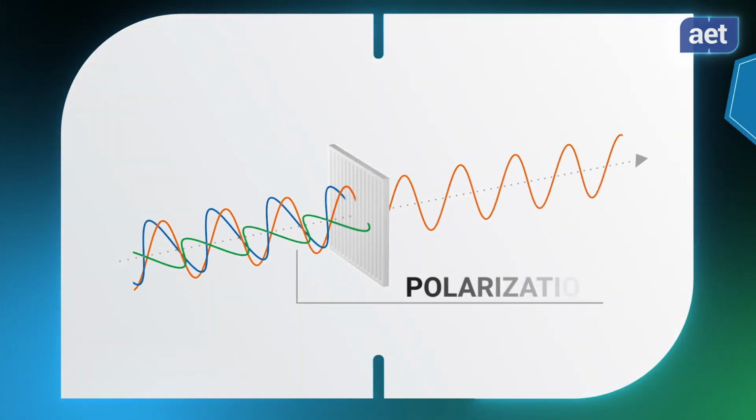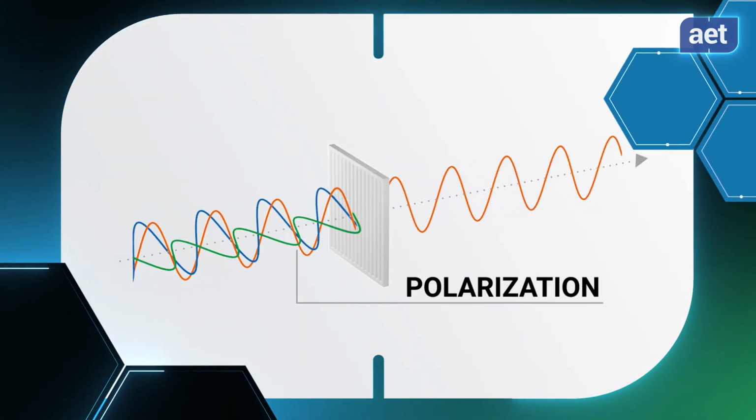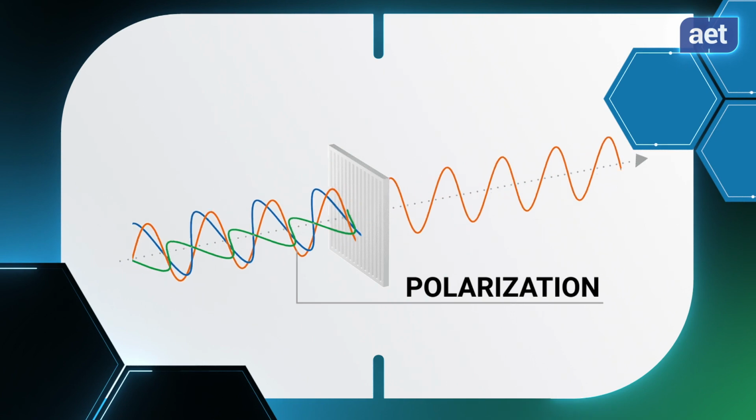So if one of them may be polarized horizontally, for example, and the other one is polarized vertically. But when you first generate them, they're in neither state. They're in both states. They're in a superposition of states,